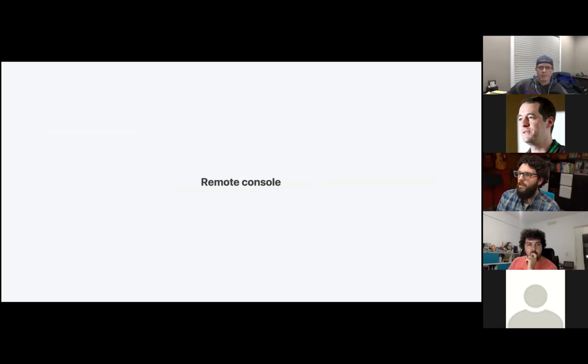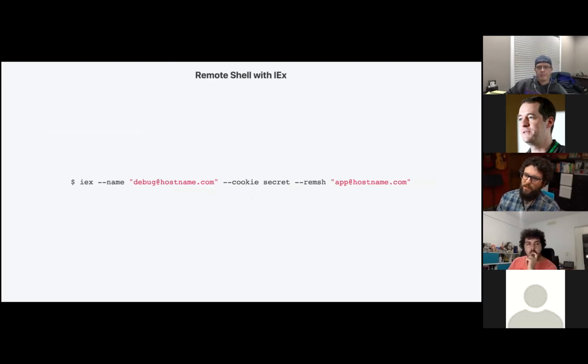First thing you're going to need is a way to connect to the running node. I'm not going to go into this too far because it kind of varies based on your environment and your deployment strategy. But depending on if you're running Mix directly or if you're using Distillery or Elixir releases. If you're running with Mix, you might connect to the box and run something like this. IEX, you have to give the session that you're starting a name, and you have to use the same cookie as the Beam instance that's running that you want to connect to. And then you use the --remsh argument and give it the name of the running instance, the node name